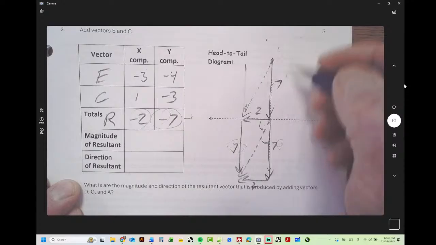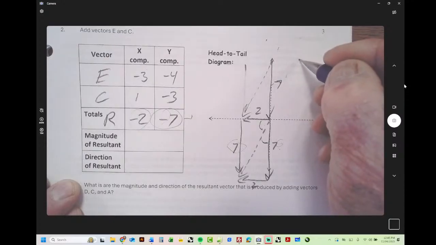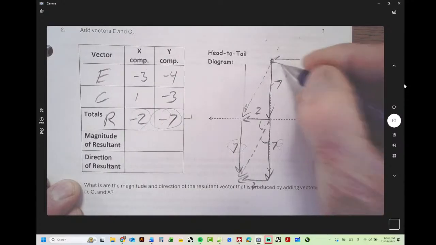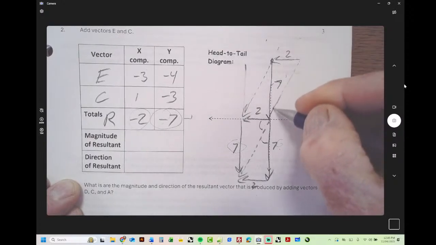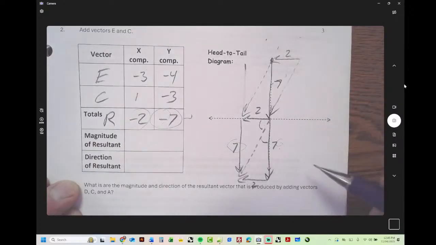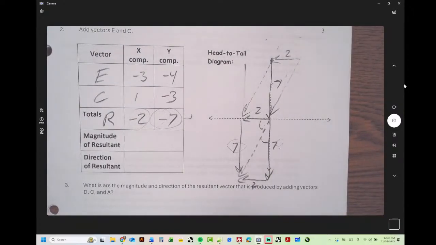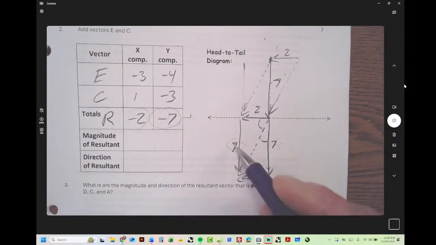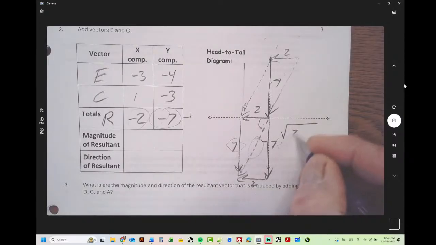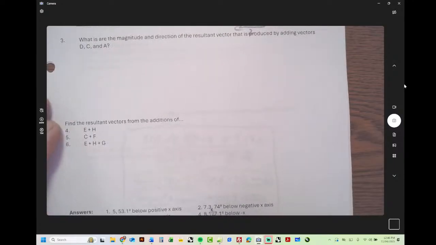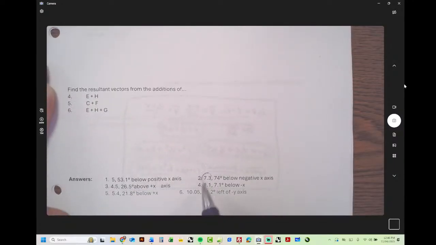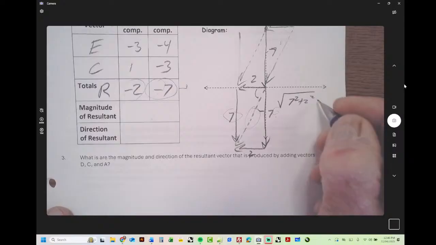You could even do the 7 like that, and you could put the 2 here, if you wanted to. And then your vector would be like this. There's so many ways to do this. So the magnitude is just finding the length of this, which is the square root of 7 squared plus 2 squared. And looking down to my answer key, that must be right around 7.3. So 7.3 is